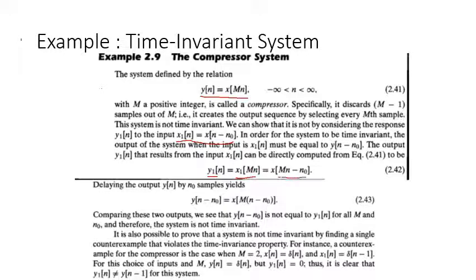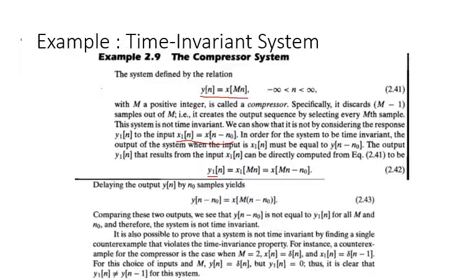So here we are delaying the input. Sorry, we are delaying the input. So x1 of n, and we are delaying this, so whatever we have, we are just subtracting n naught from n. Okay, so we have delayed the input here. Now delaying the output by n naught samples yields: